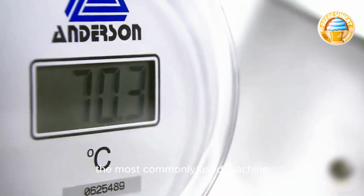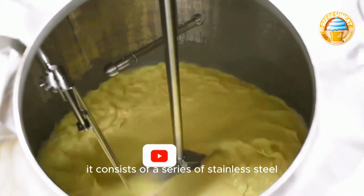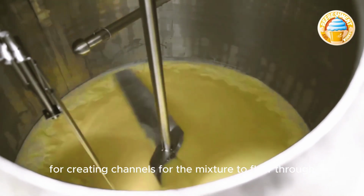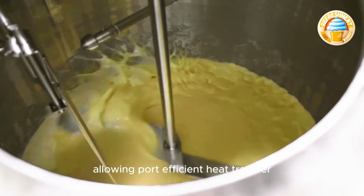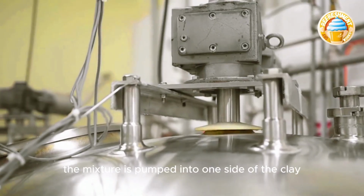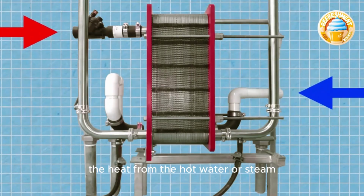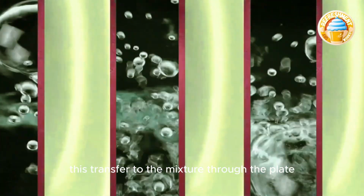The most commonly used machine is called a plate heat exchanger. It consists of a series of stainless steel plates that are pressed together with gaskets for creating channels for the mixture to flow through. The plates have a large surface area allowing for efficient heat transfer. During pasteurization, the mixture is pumped into one side of the plate heat exchanger while hot water or steam is circulated on the other side. The heat from the hot water or steam is transferred to the mixture through the plate, effectively heating it to